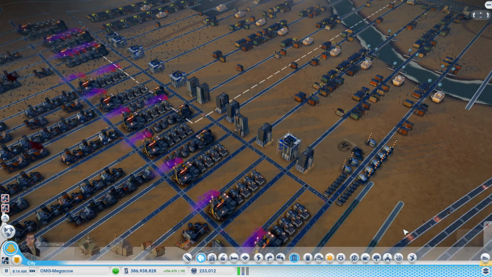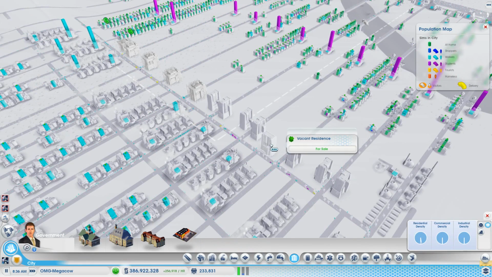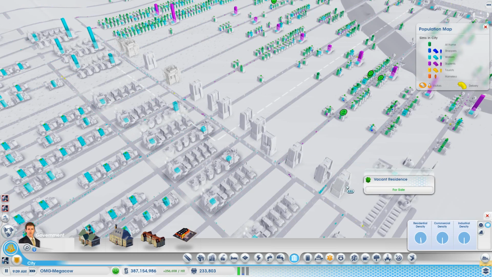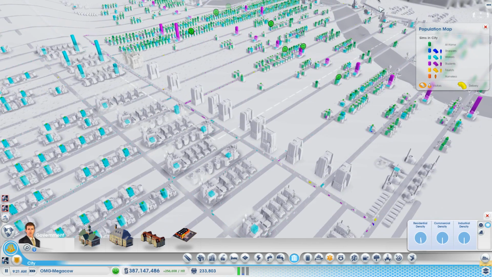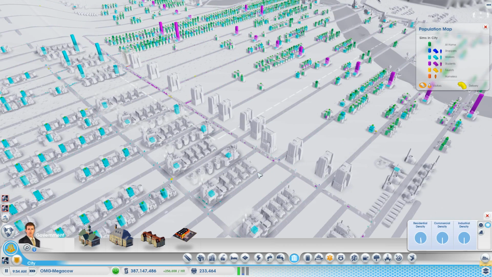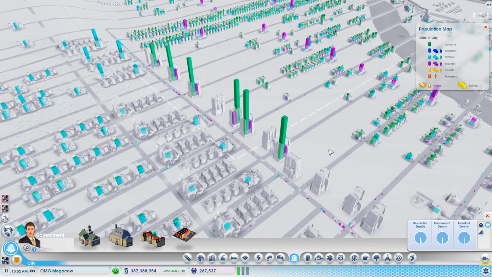Let me switch to the population overlay so that you can see this. Right, so here they are, already built. You can see how quick it is. And any second now, they're going to populate. Come on, guys, populate. Takes a few seconds for the people to get their moving vans over here, and then we'll see the bars appear. And then these people will go off to work or school or whatever. Then we just delete these buildings and boom, we're done. Come on, guys. Populate. Here we go. There we go. That's more like it.